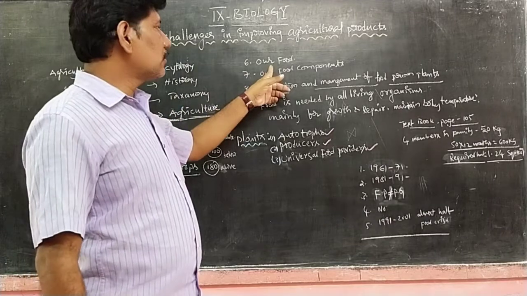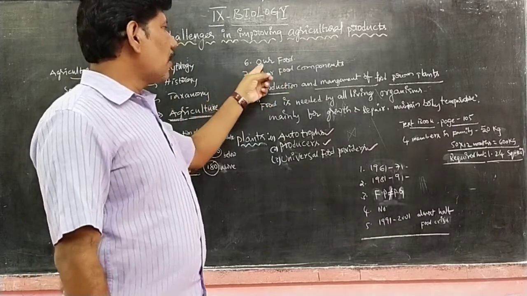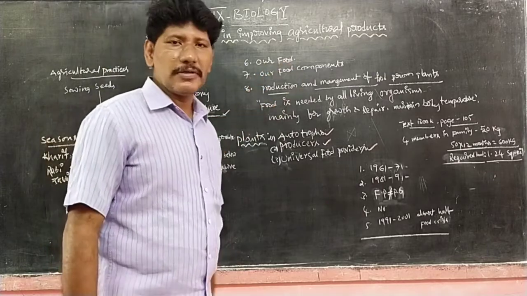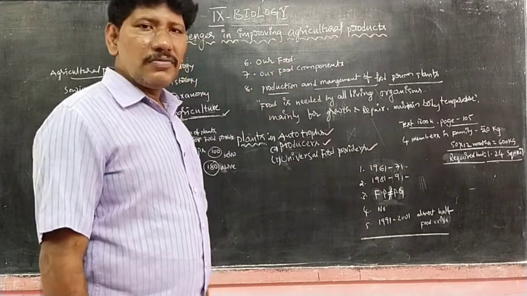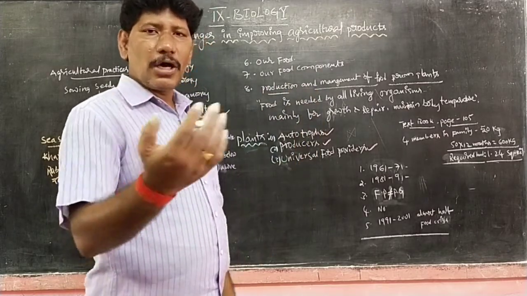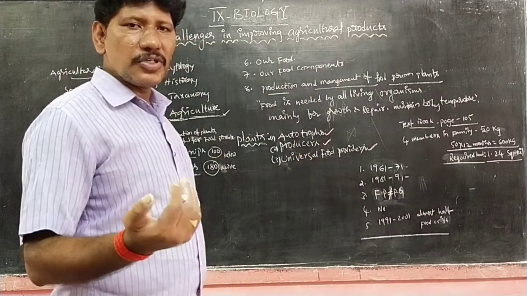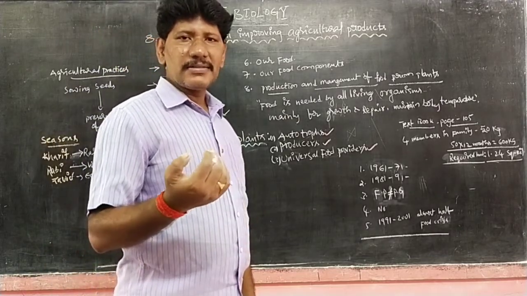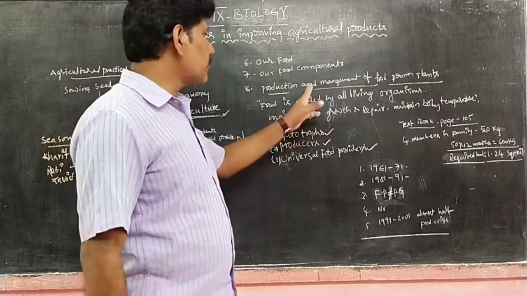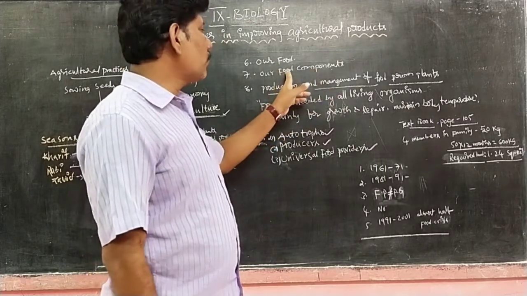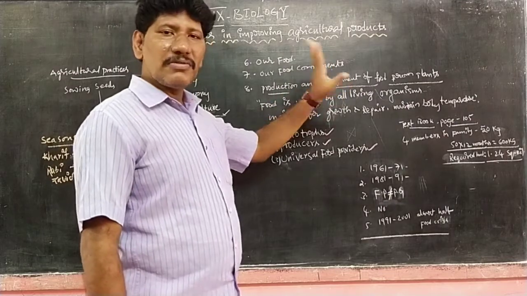Regarding food or agriculture, already in 6th standard, first chapter, we learned about our food. In 7th standard, we learned about our food components, the ingredients: carbohydrates, the energy-giving food substances; proteins, the body-building substances; fats, the energy-storing substances; and roughages, our protective food materials. So we learned about our food components in 7th standard.